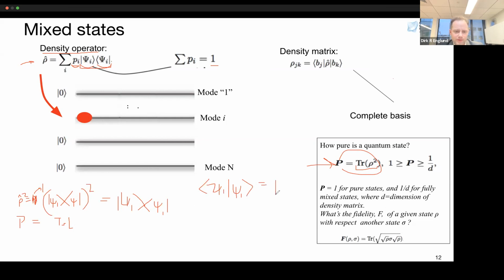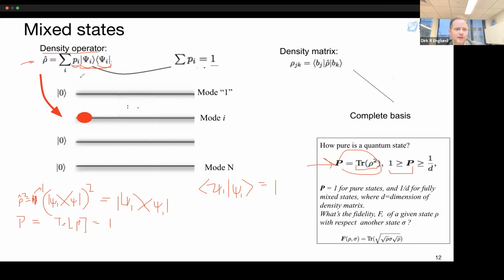Well, because this here is equal to 1, and so the trace then, yeah, so then the trace here is equal to 1, and so the purity here has to be between 1 and 1 over d, where